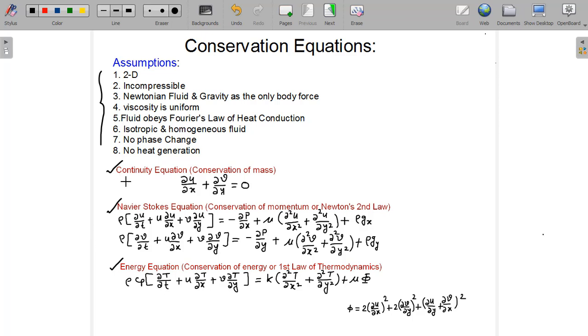Now you can see that the continuity equation and the energy equation are scalar equations, and definitely the Navier-Stokes equation is a vector equation. Since we have considered 2D flow, the two components of that vector equation are written. So the first one is the x momentum equation and the second one is the y momentum equation. Okay,